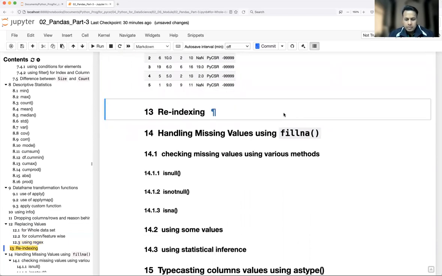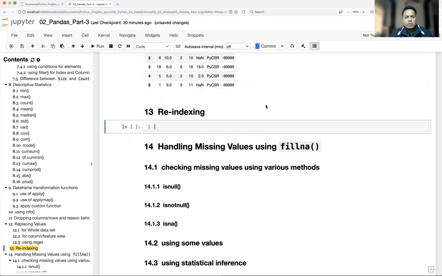Okay, let's do some reindexing. Reindexing is basically whether the index labels you have are going to be changed or not. So I'm going to have two data frames here.